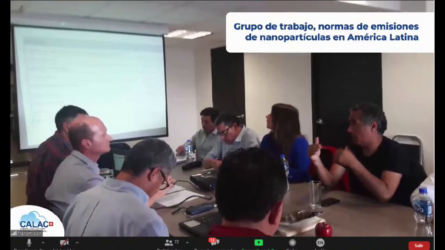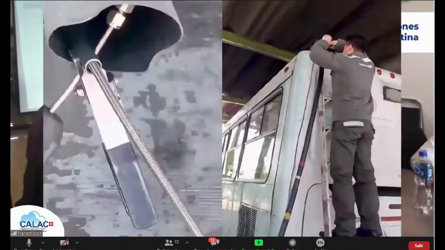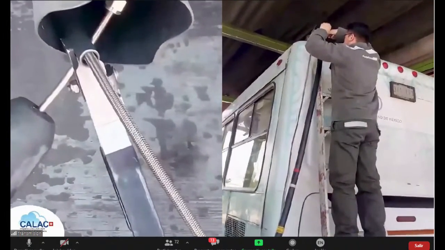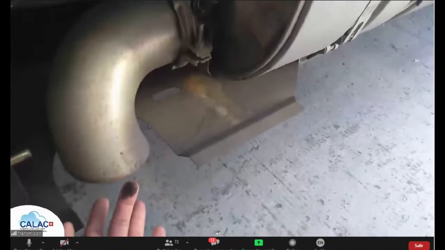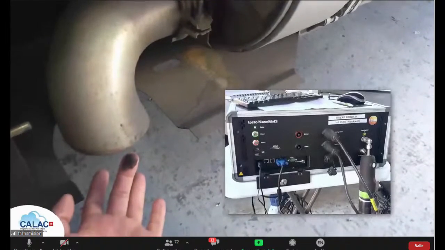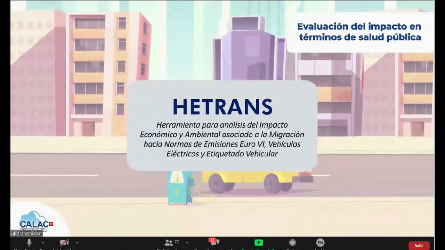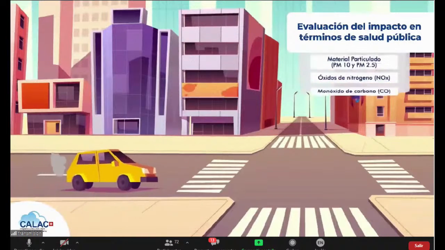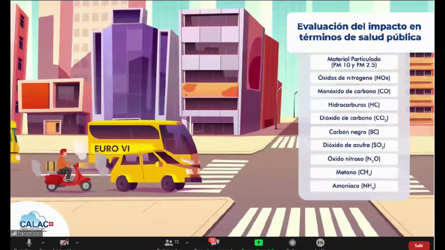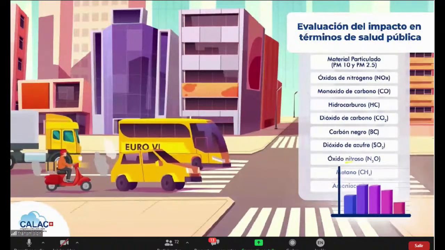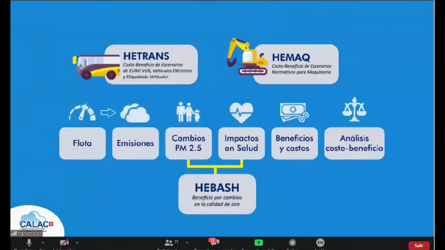standards in Latin America. This space seeks to strengthen decision makers in the elaboration of the technical support and management to generate regulations for implementing standard procedures for the control and monitoring of nanoparticles and the technical specifications that ensure the introduction of less carbon intensive units. They have developed a tool, using the same methodologies as the WHO tool, for evaluating the economic and environmental impact associated to different regulatory scenarios of the transport sector, associated to migration towards Euro 6 emission standards, electric